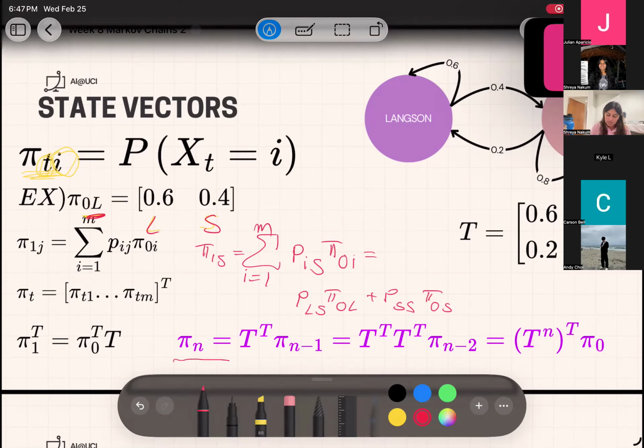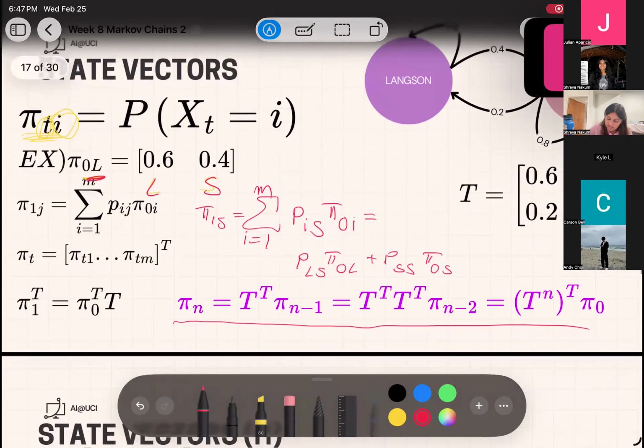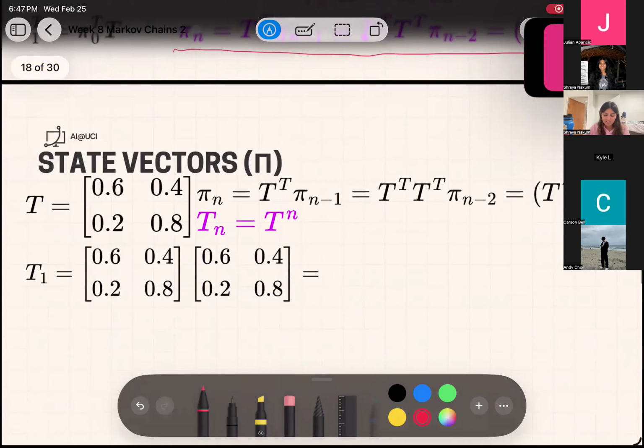If you don't care about where your initial state is, the probability of all the states you can be at, that entire vector at another time, is just the transpose of this matrix times the initial state row vector that you had at the previous time step. When we do a practice problem of this, it'll make significantly more sense.